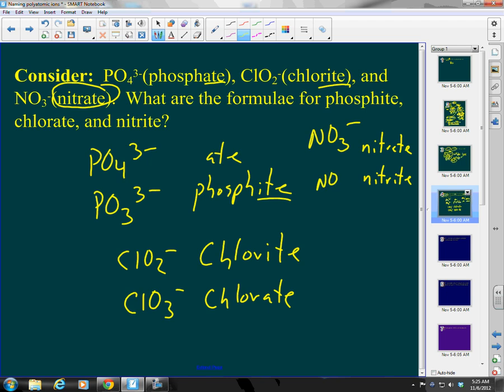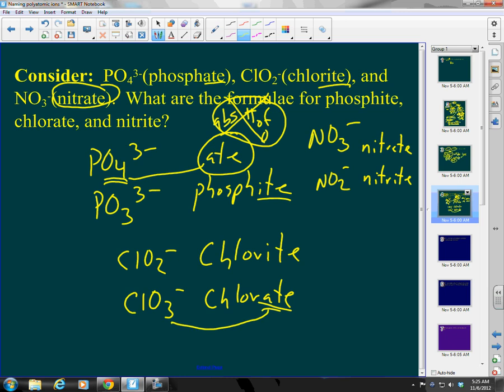Well, NO2 minus. Good. Now notice here, this is very important. The ate and ite do not tell me an absolute number of oxygens. Ate does not mean 4, because here, notice, ate means what? 4 oxygens for phosphorus, but what about chlorate? It's only 3. So the ate does not tell us the number of oxygen. It only tells us a relative number, that it is one more than ite, or that ite is one less